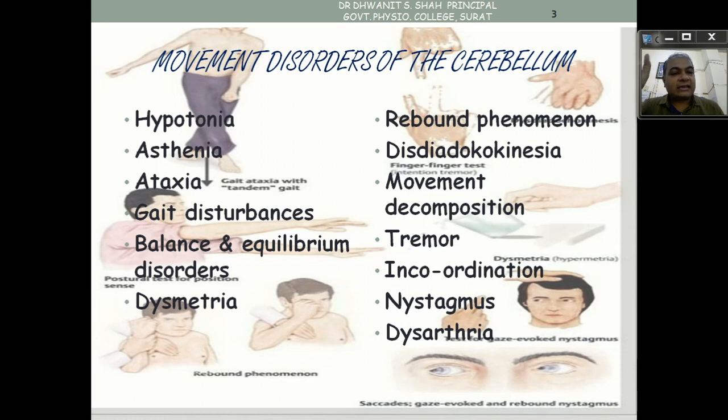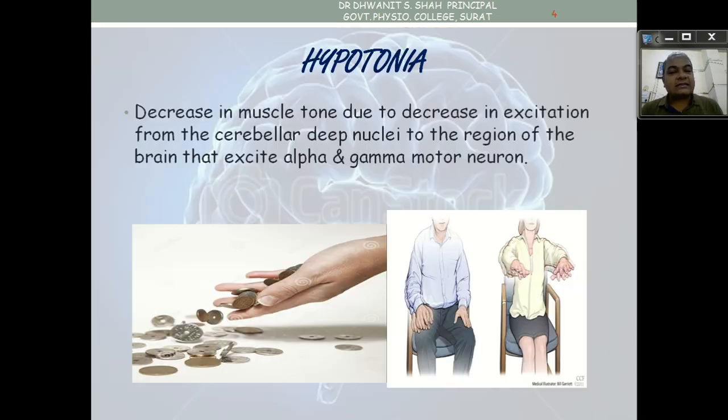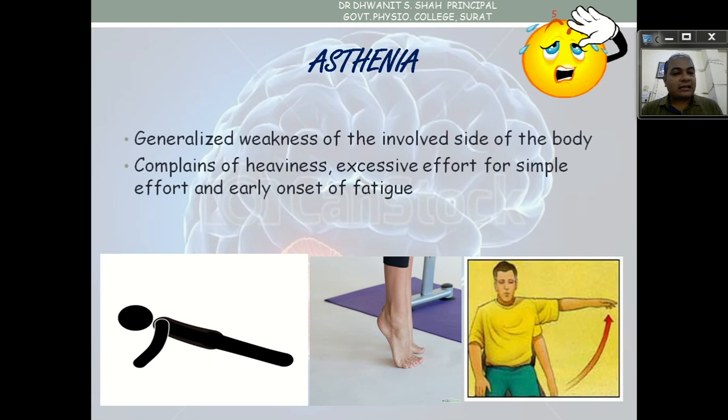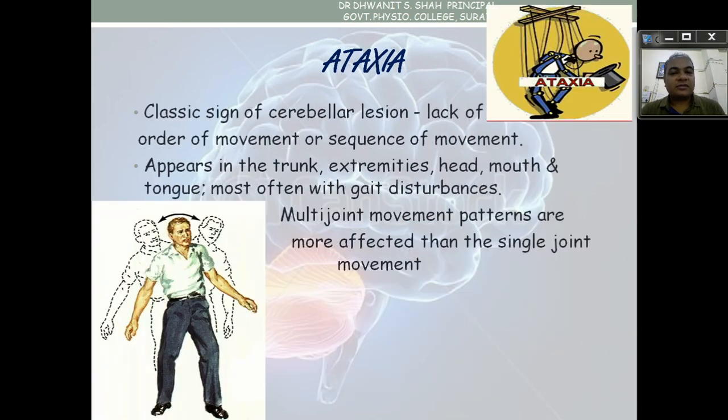Already we check it: the patient is not able to perform even a single movement, or there is a weakness in the movements. The patient performs very slowly or is not able to sustain the movement. Second is asthenia, that we check. The patient is doing the movement, but if the body is weak, the patient tires so fast, not able to sustain movement for a longer time, not able to complete the movements even within the normal time, and not able to go to full range also.